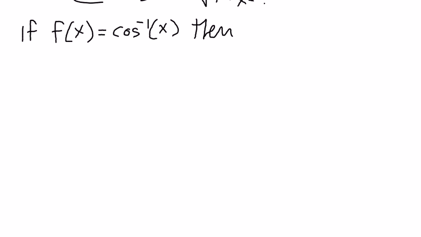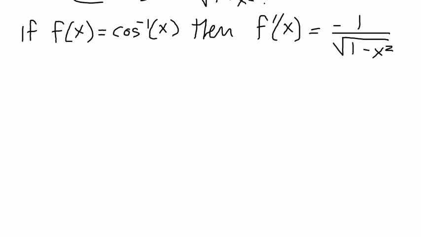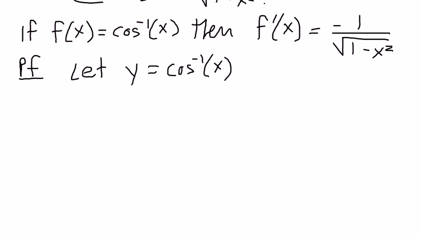Okay, so the next fact will be, if f of x is our cosine inverse, then f prime will be minus 1 over the square root of 1 minus x squared. Okay, so here's the proof. Let y be equal to cosine inverse of x, which then we can say from that cosine of y is x. So if we draw a triangle,